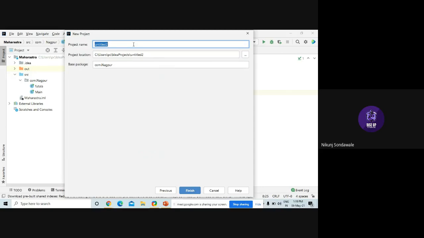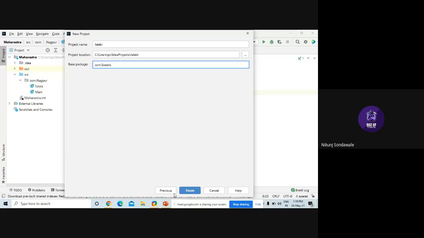Let's name our project Jalebi and our package sweets.